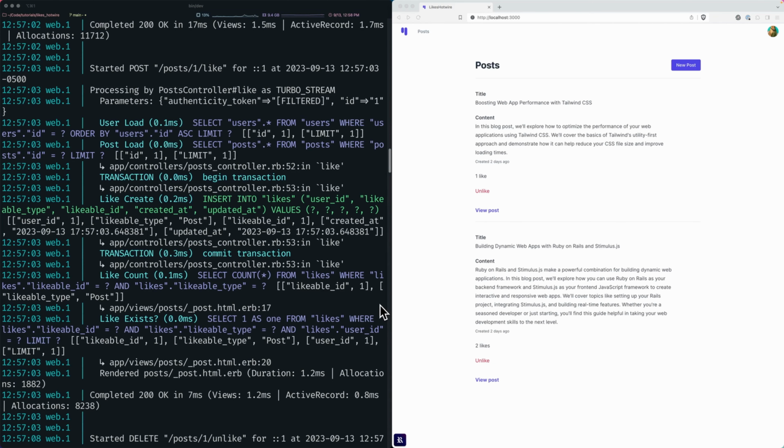Hey everyone, this is another guide that's going to be based around Turbo and Hotwire. That's a framework within Rails, and it's a nice one because you can do things in real time and it's quite simple to implement in some regards. There are things that get tricky with it, but I wanted to show you a simple liking mechanism